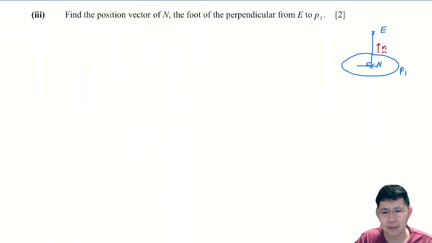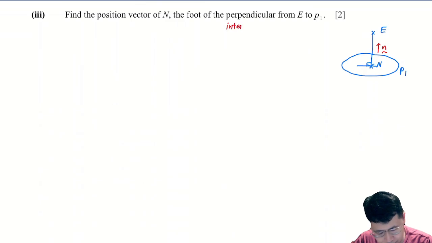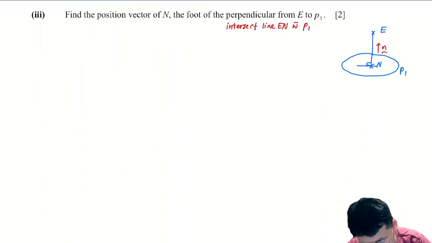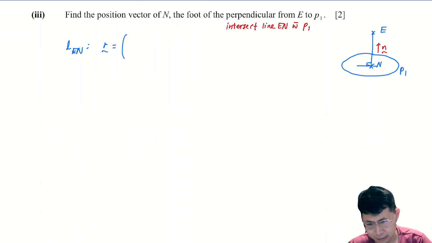The concept to find the foot of perpendicular is to intersect the line EN with plane 1. Okay, so this is the idea. First I'm going to get the line EN. So the line through EN will take the form of r equals to